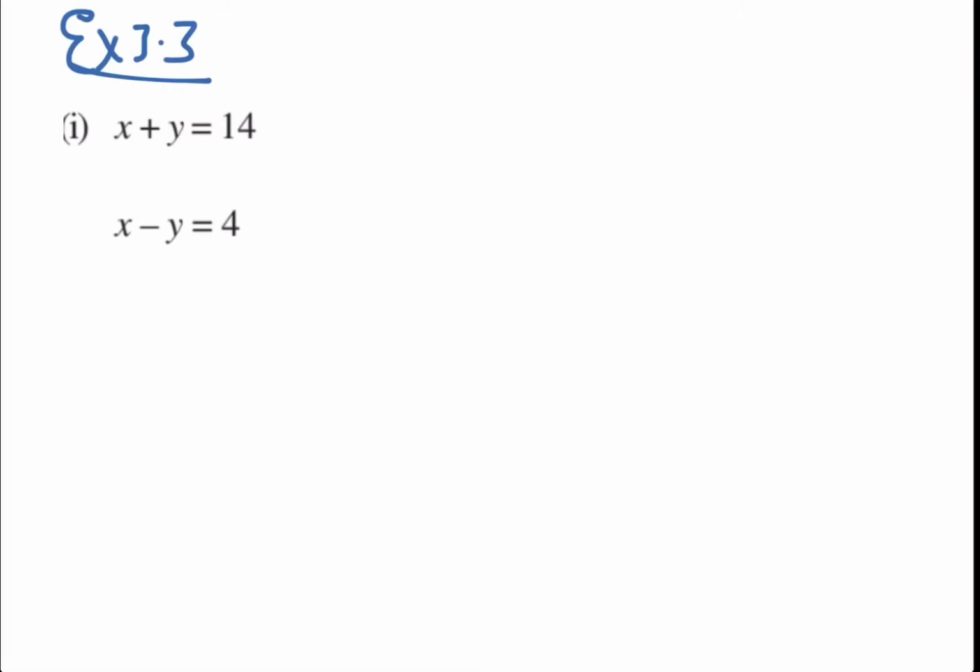So I have to write y in terms of x or x in terms of y. I generally prefer to write x in terms of y. Sorry, y in terms of x. And I would be doing it for whichever equation I want. I can see that x minus y is equal to 4 is much simpler. So I transpose y to the other side and 4 to this side. I get x minus 4 is equal to y. That's the value of y, x minus 4. That was my step 1.